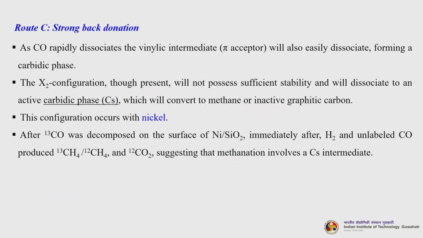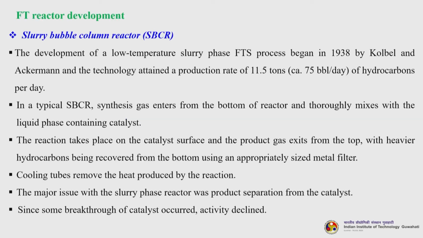After carbon monoxide was decomposed on the surface of the nickel or silicon dioxide, immediately after, hydrogen and unlabeled carbon monoxide produced methane and carbon dioxide, suggesting that methanation involves a CS intermediate, which basically happens due to the strong back donation. So, we will now try to understand and learn about the different reactors that are essential for